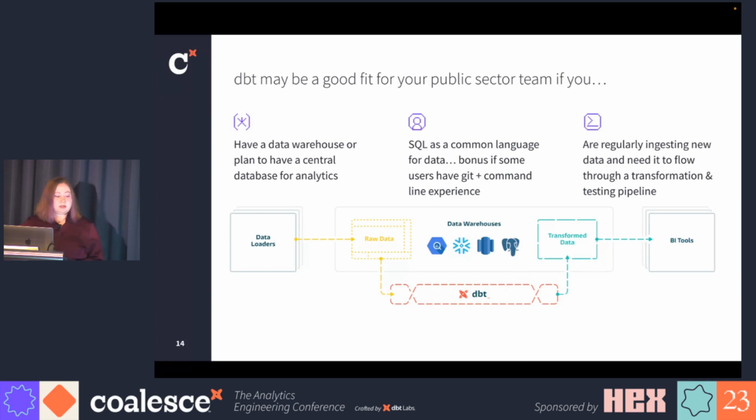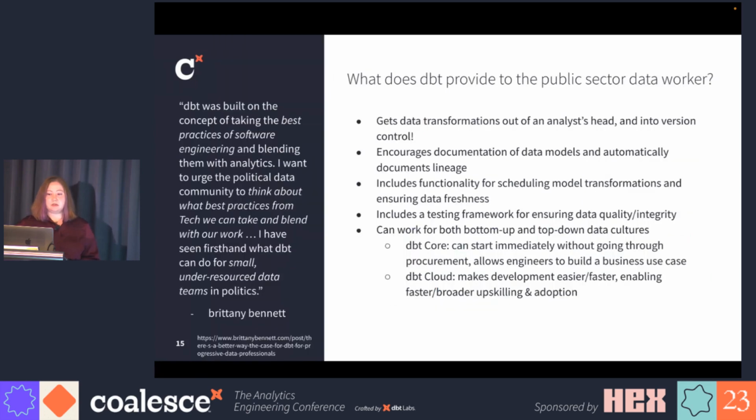Not every data team fits what this looks like, but if that sounds like you, then I strongly encourage you to check DBT out. As you can see from the diagram, DBT is just for transforming within your database. So I just want to make that clarification as well for those who may not be as familiar with what it is. But if you meet all these conditions,